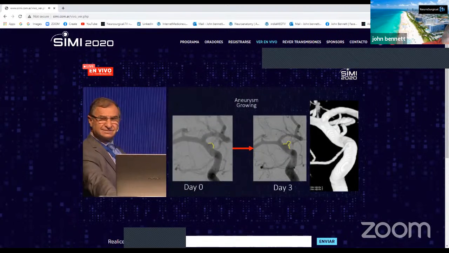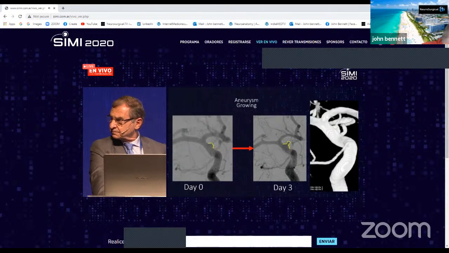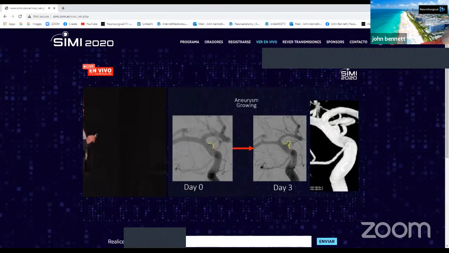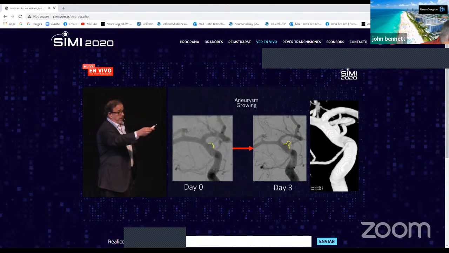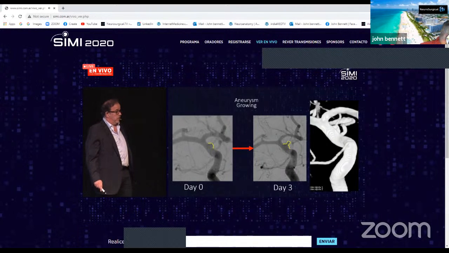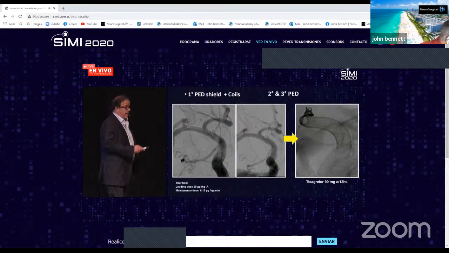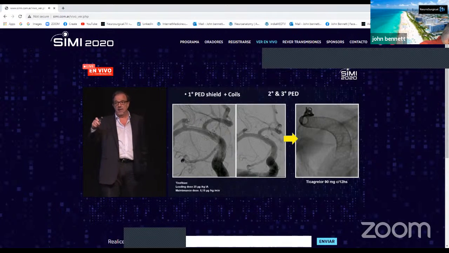Este es el paciente que entonces ven en la primera angiografía, se ve un aneurisma de un tamaño pequeño, un blister-like, supraclinoideo en la carótida interna derecha, pero después al tercer día se ve cómo ese aneurisma siguió creciendo, siguió aumentando de tamaño, y entonces ahí hubo que decidir concretamente el tratamiento endovascular en período agudo y en forma urgente, que en estos casos siempre que hay un sangrado, por más pequeño que sea el aneurisma, hay que